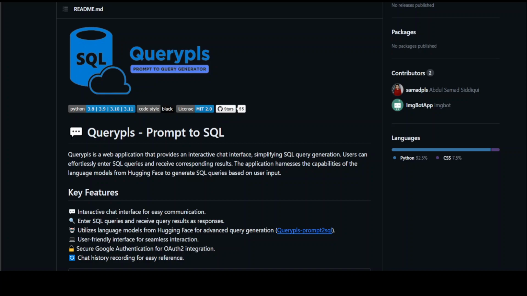If you're not aware of what SQL is, it is simply Structured Query Language, which is sort of the lingua franca in order to interact with your relational databases. Now, this open source project is already gaining a lot of traction out there, and there are a lot of other features too. It has been developed by Abdul Samad Siddiqui, so really hats off to him for creating